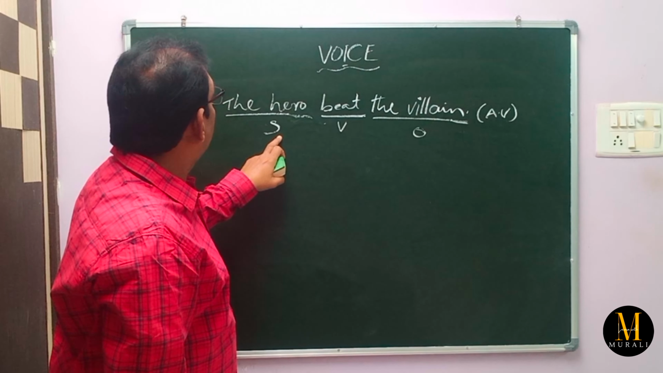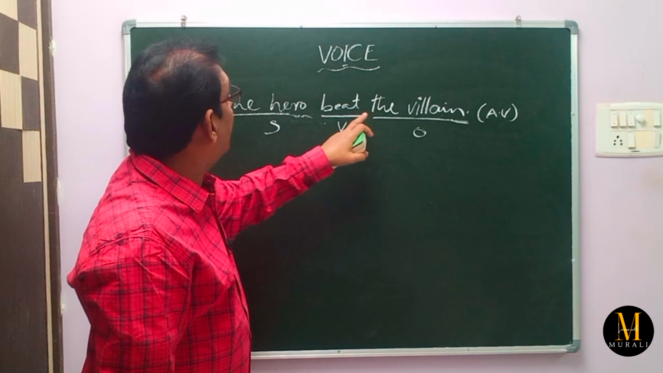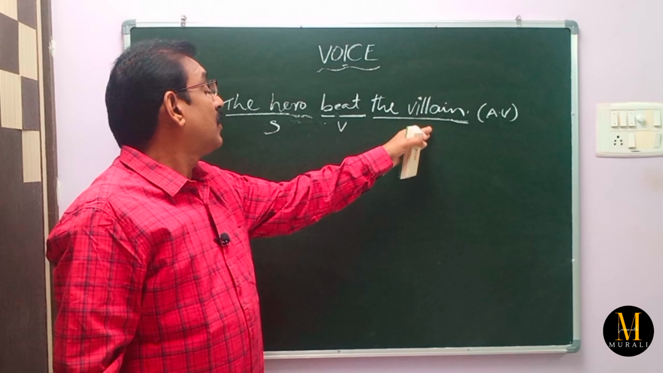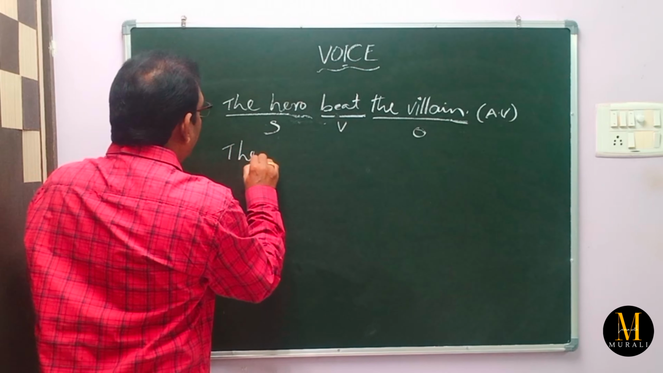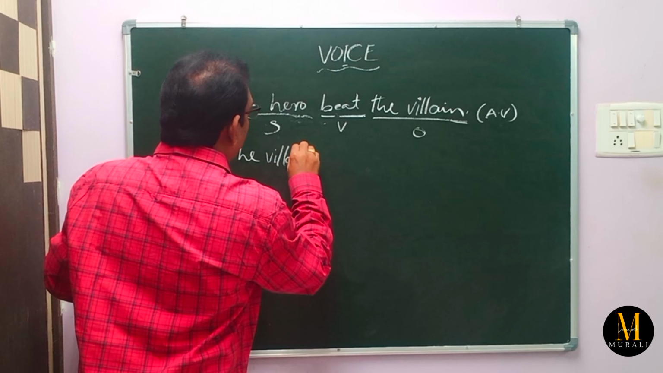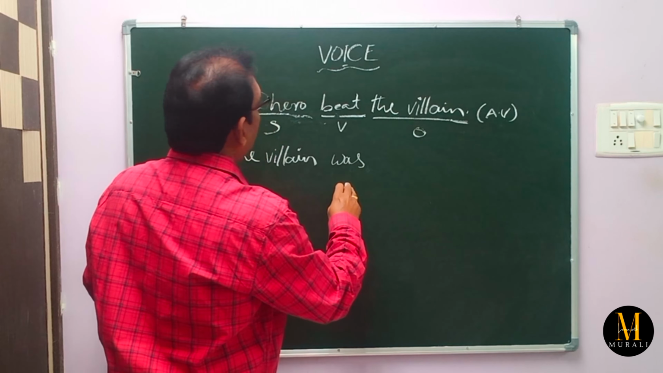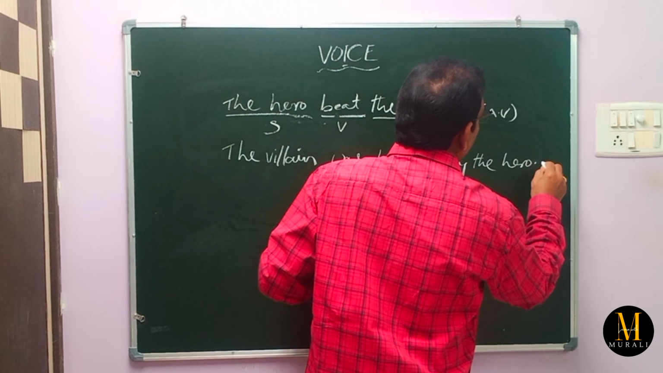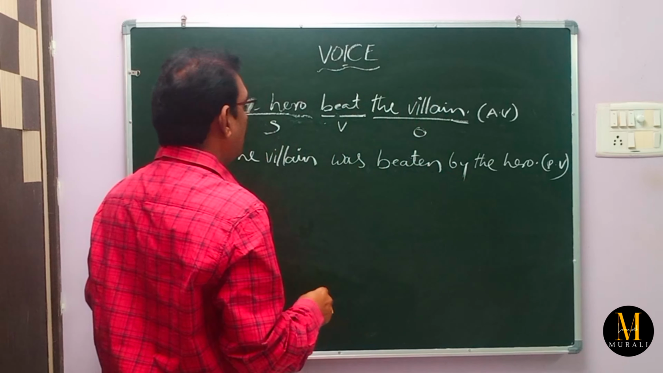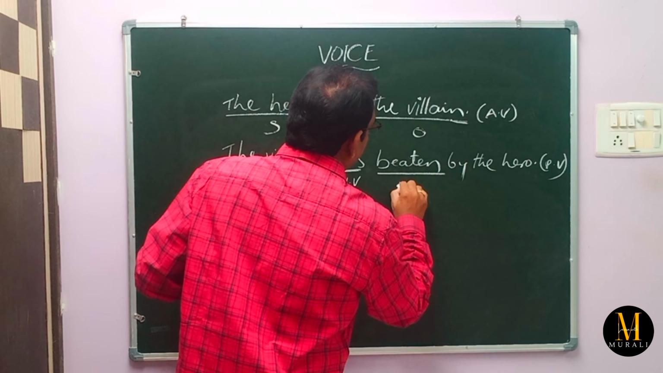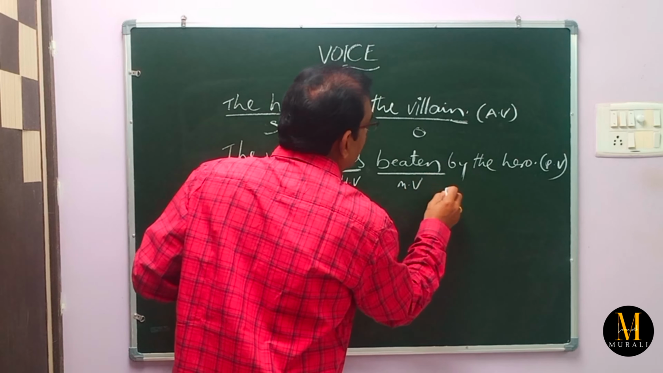The hero is the subject. What he did: he beat the villain. Beat is an action. He was the doer of the action. So whenever we change into passive voice: the villain was beaten by the hero. This is passive voice. Here the villain is the object, was is the helping verb, beaten is the main verb, by is a preposition, the hero